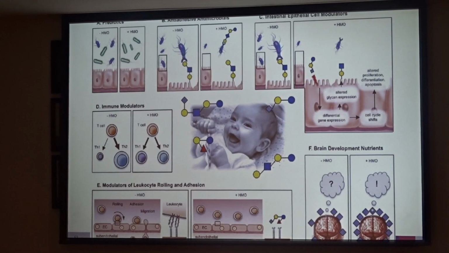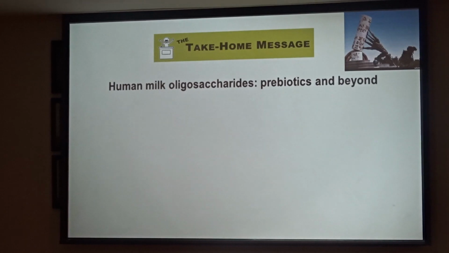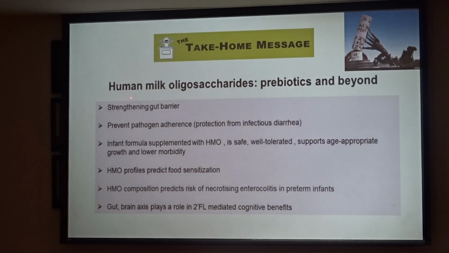So now, when we talk again briefly about HMOs, we have many benefits, starting from the prebiotic effects, decreased risk of adhesion, and intestinal epithelial cell modulation, as we said, expression of the glycan, immune modulation, and modulation of leukocyte rolling and adhesion, and probably there is a role of 2FL in brain development and in the IQ. The take-home message: the HMOs are